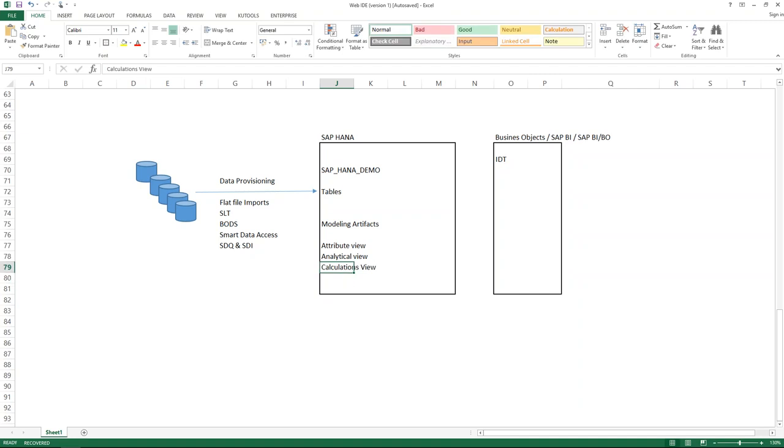And not calculations, calculation view. Right? And we can basically define these views. Then, when you say modeling,